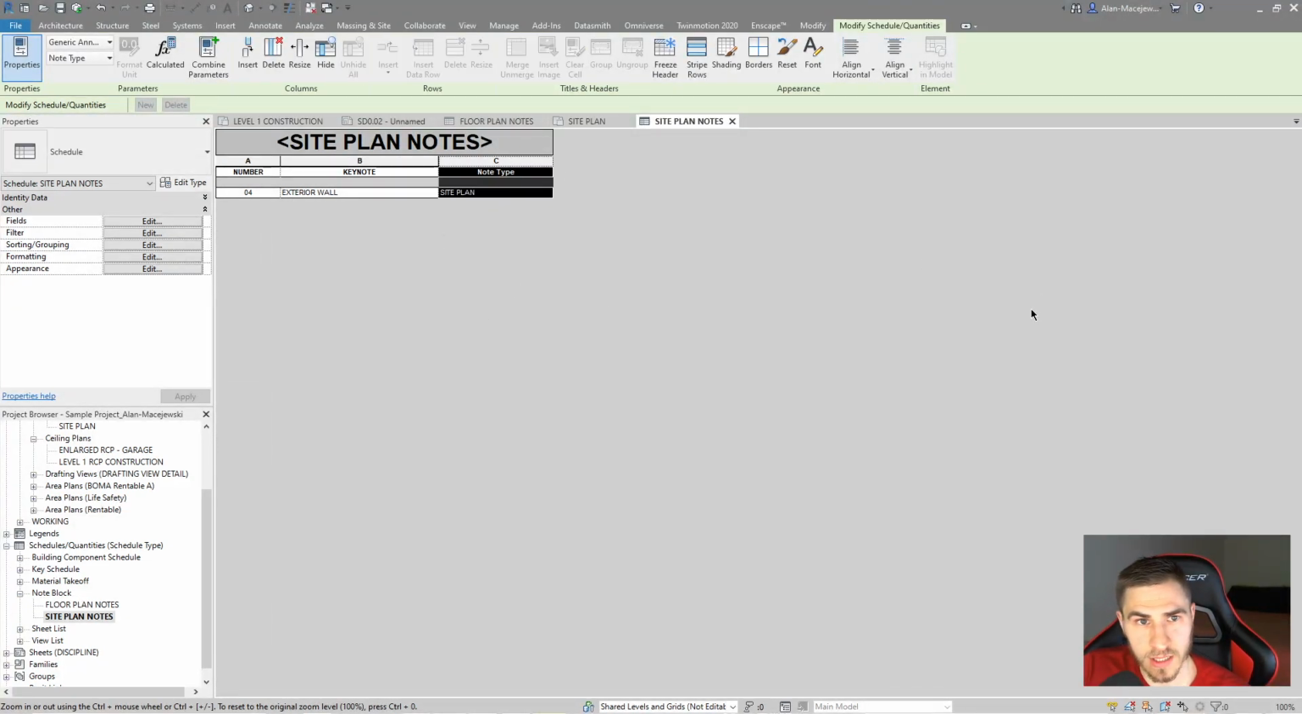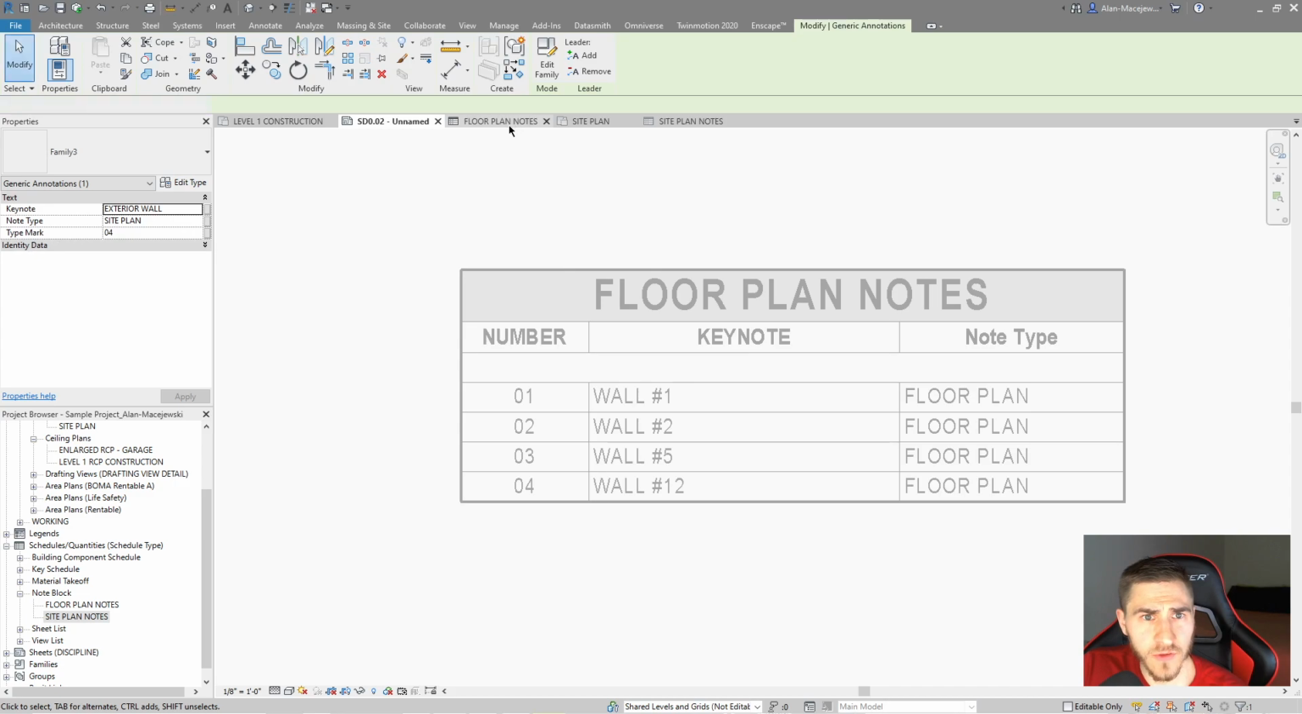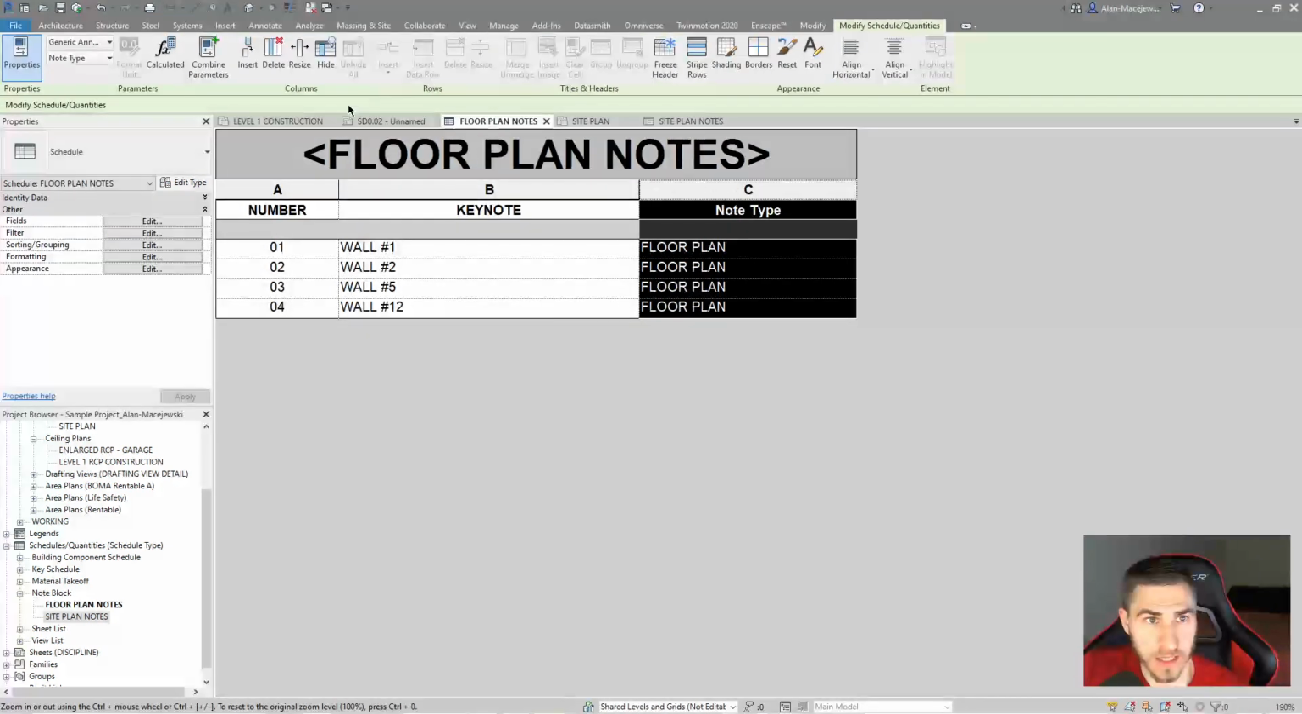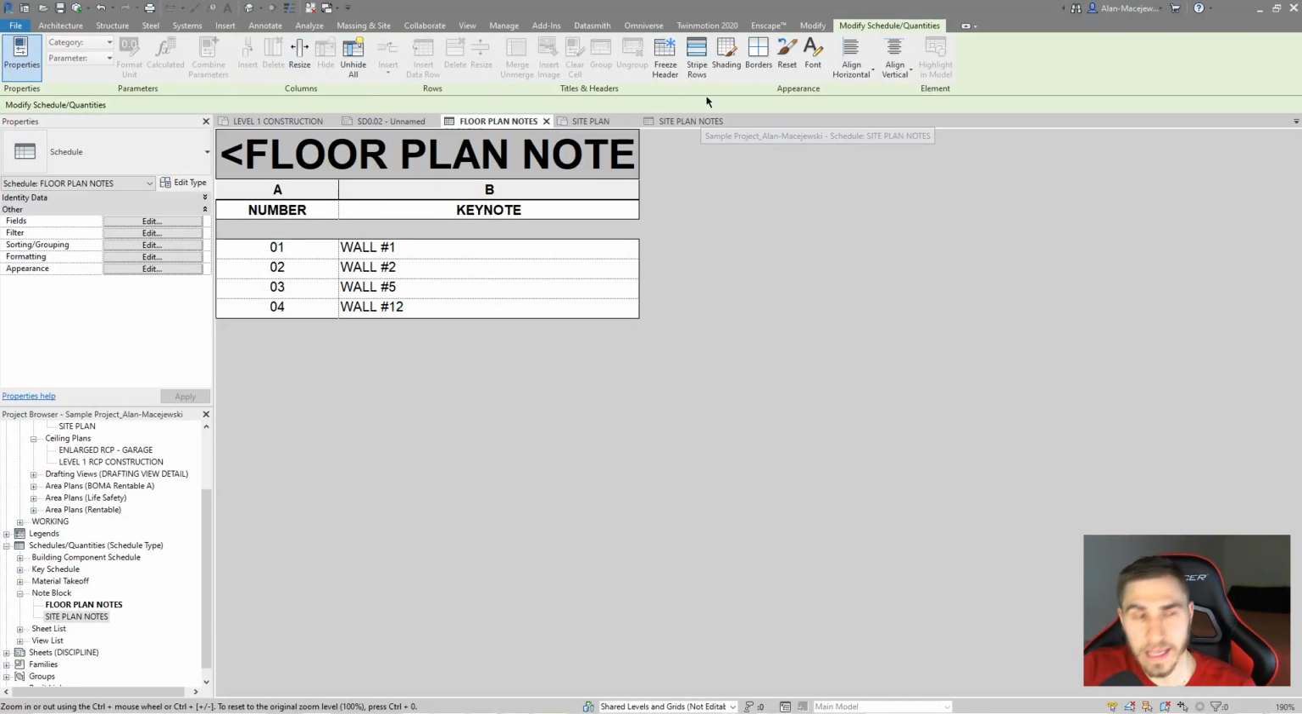Now, again, I don't want to see this one, so let's just hide the column. That's it. That's all we need to do. And then I can come back to my floor plan notes again and just hide this. That's great. Hide it. Boom, right there. Easy stuff. Now, what we could have done is we could have